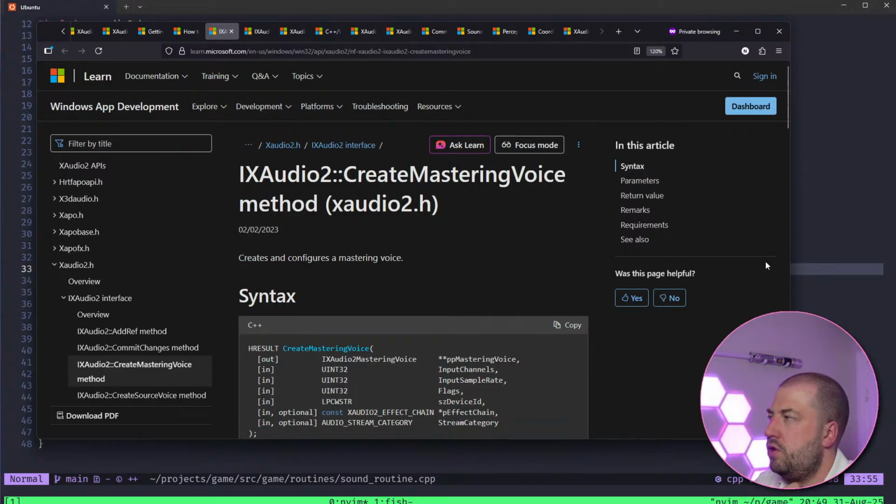We won't have to stream from the disk because I basically load all the resources into memory at the start, because I don't have a lot of them. So by the time X Audio is created, all the resources should have been parsed and loaded. It's not great, but it sure is easy.